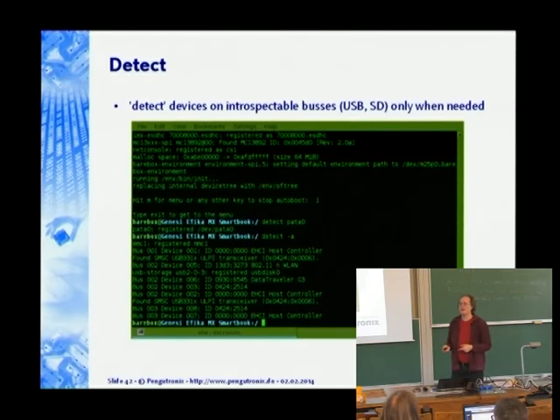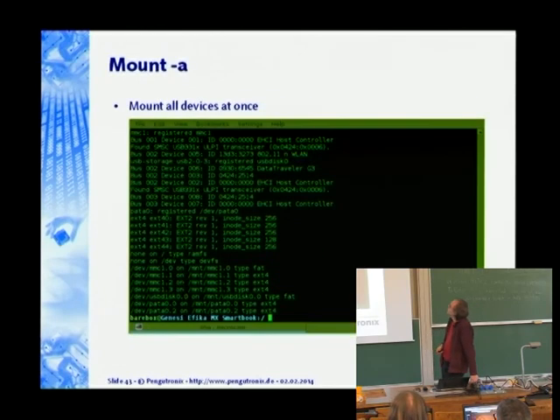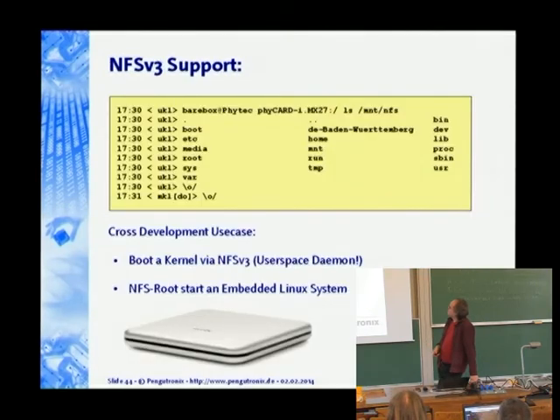And for example, in that case, I told you about with the train displays, what it does there is it looks if a USB stick is connected, and only if it is connected, it runs detect and looks what's in there and tries to do something, with all the protocol level initialization, these kinds of things. So that's also quite nice. Then, quite nice for development, you can mount all the devices at once with mount -a. And this is quite new.